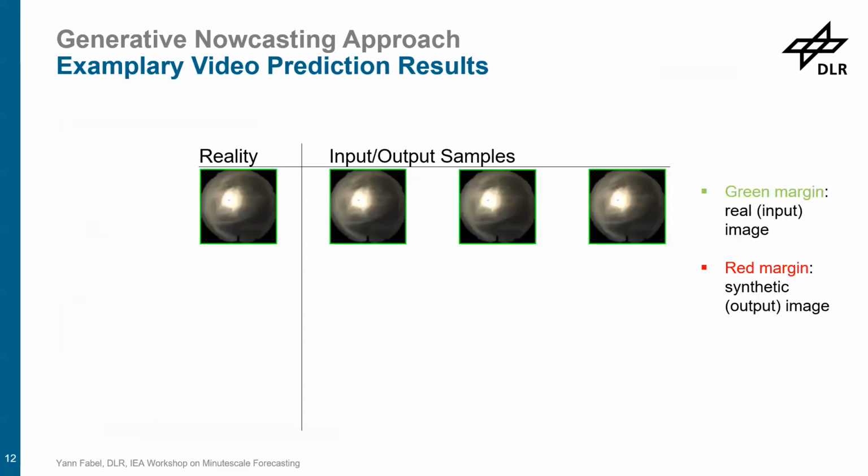And maybe we can just look into some of the intermediate results, like the synthetic images. On the left, you see the real images, and on the right, you see a mixture of real and synthetic images. So when the margin is green, you have the input, and that matches, of course, the reality. And for all samples, as soon as it turns red,